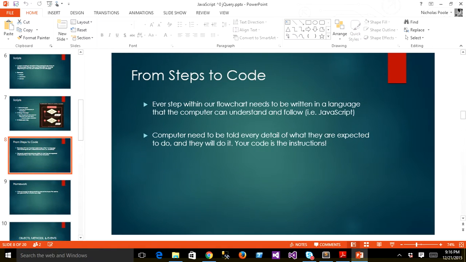So from here, actually taking our flowchart and turning that into code. Every step within our flowchart needs to be written in a language that the computer can understand and follow. So our flowchart is nothing more than what we understand. It's nothing more than the steps that we ourselves are able to interpret. Okay? After we've written down the flowchart in the series of steps as a user would go through it, we have to take that